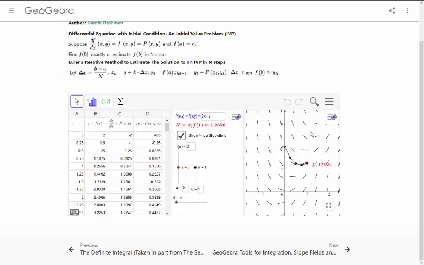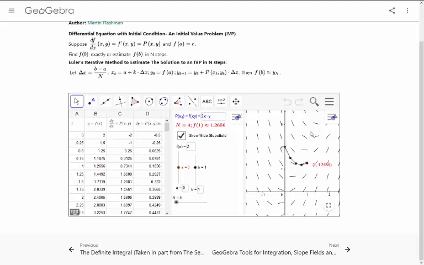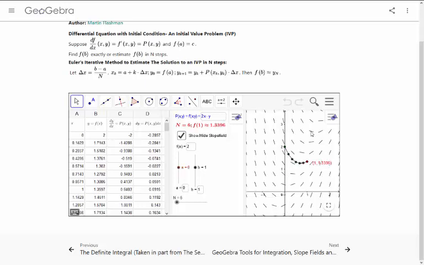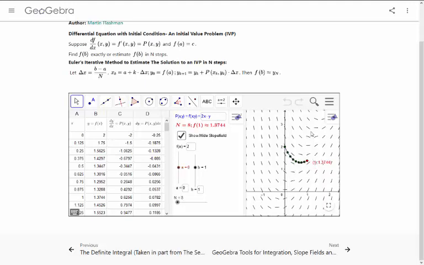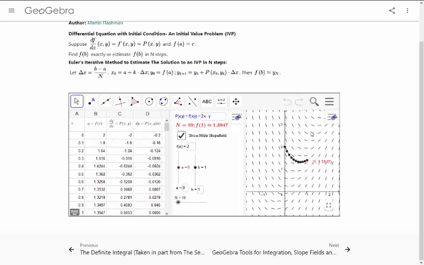We can use the features of GeoGebra to change the n and thereby get a better approximation for the value, by changing the n to 4, 5, 6, 7, 8, 9, and 10. So here we have a step size of 1/10, and the estimate now is